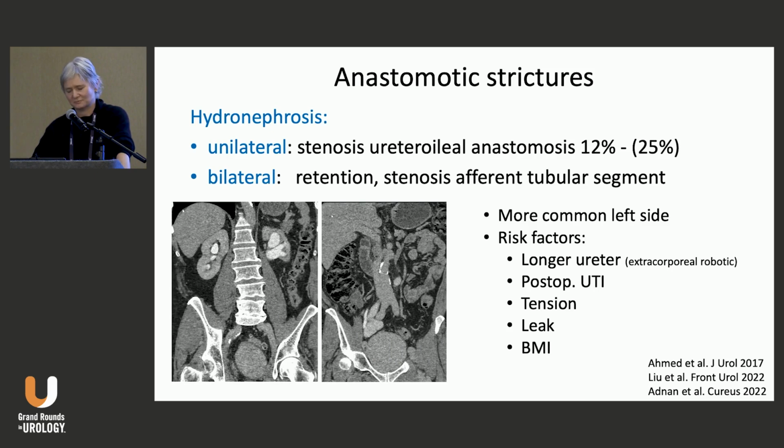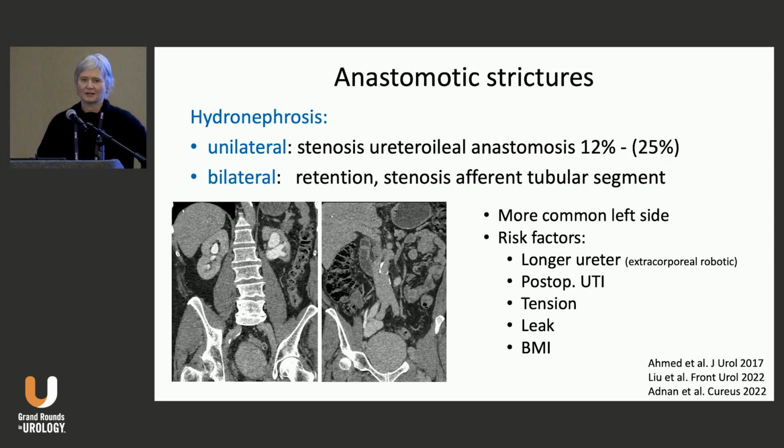The other common problem is anastomotic strictures. Now, unilateral strictures are usually a stenosis of the ureteral ileal anastomosis, and that's in about 12%. In the newer literature, you find somewhere 25%, and that's usually robotic surgery, and that's usually extracorporeal implantation. If you have a bilateral dilation, think about an infravesical problem or a problem in the bladder. So this is often retention, patients not emptying properly, or rarely you do see a stenosis of the afferent tubular